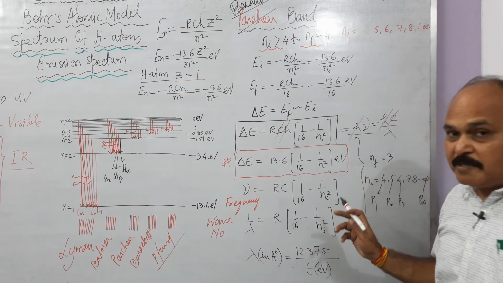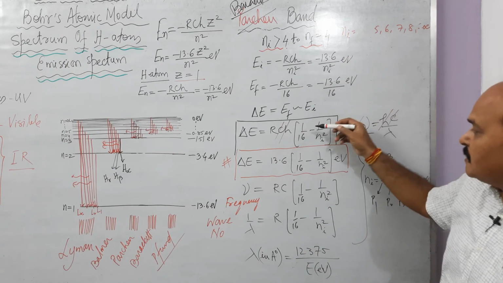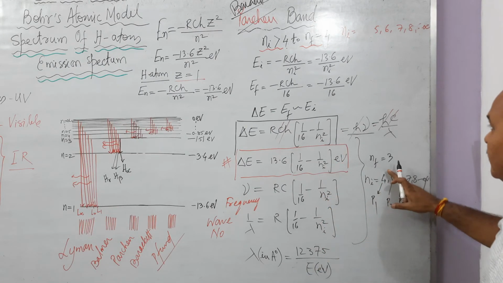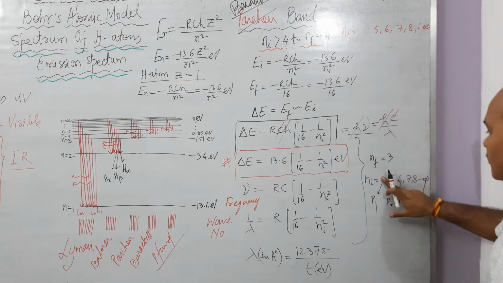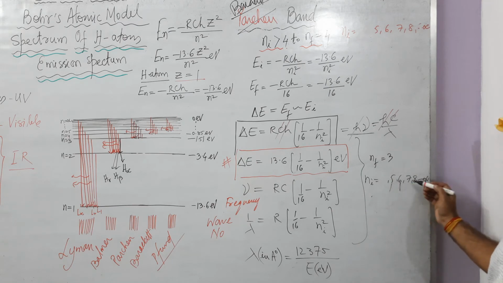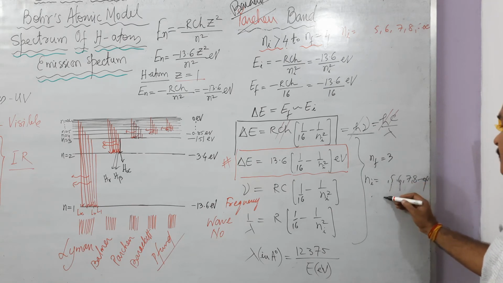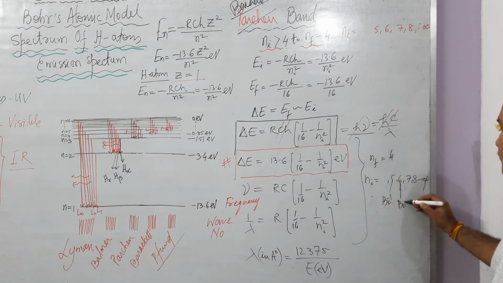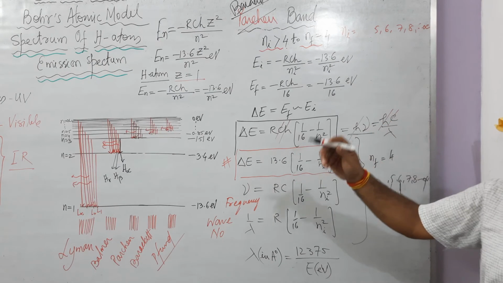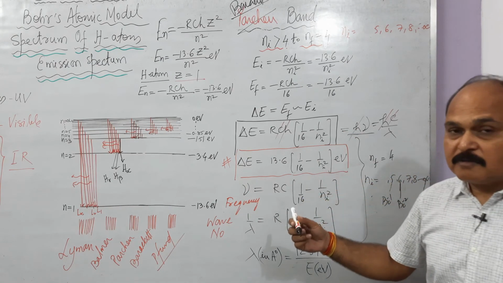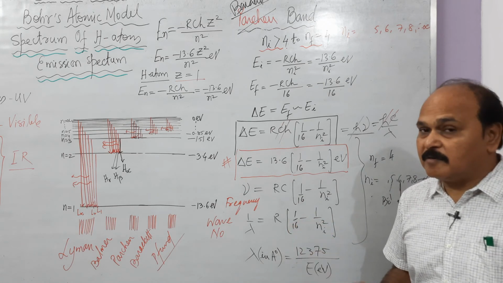Rest all explanation remains same. The only difference is for the Brackett series, we get 1 upon 16 throughout. Remember, the minimum value of Ni is 5. So we start from 5 onward, then 6, 7. For Ni equal to 5, we get the first Brackett line. For the transition 6 to 4, we get the second Brackett line. And so on. From 7 to 4 transition, we get the third Brackett line. And finally, when transition takes place from infinity to 4, we get the series limit, the last Brackett line.